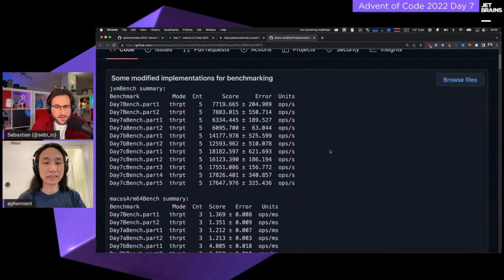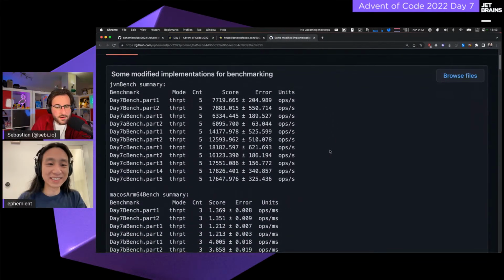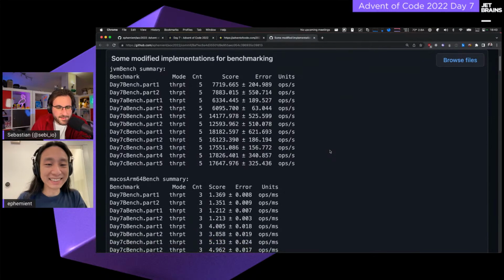If you take a look at the screen share. Yeah, unfortunately, this is very much not annotated. But okay, basically I just started adding random numbers onto this. So where it says 7C, part 4 and part 5 are basically this solution versus the solution with no sequence. Right, exactly, with just a normal list.